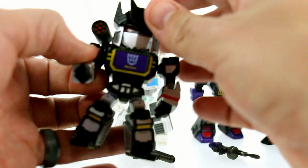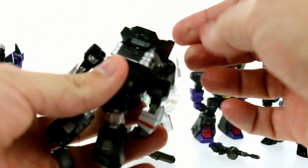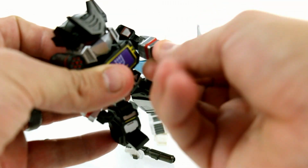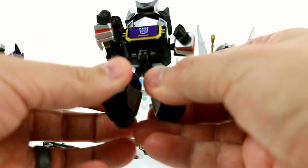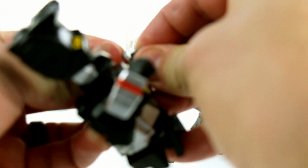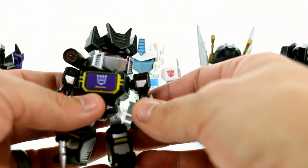The articulation here as well. You got the head that does rotate. It's a little bit more free, except on the side here, but you can get him looking all the way that way. The shoulders will rotate all the way around. You got the wrists, and then you got the waist. This is stiff, so you got the waist that rotates just like that. And then you got a replacement right hand that all you do is pop this out, pop this in, and now you have him holding his gun,